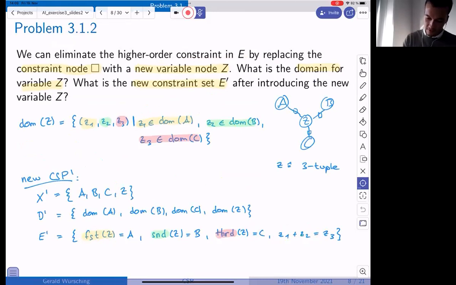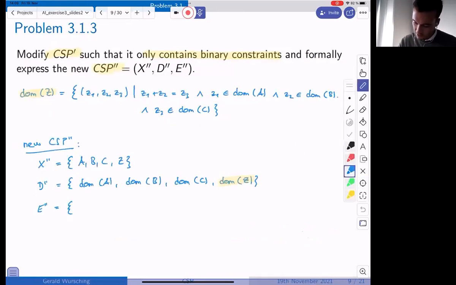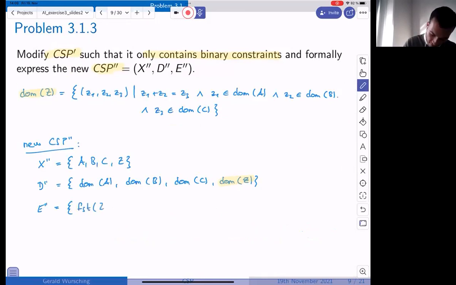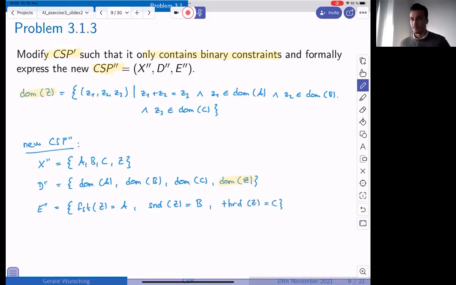Our new set of constraints looks like this: the first component of Z has to equal A, the second component of Z has to be B, and the third component of Z has to be C. Now we can see that our new set of constraints only includes binary constraints. These are only binary constraints.